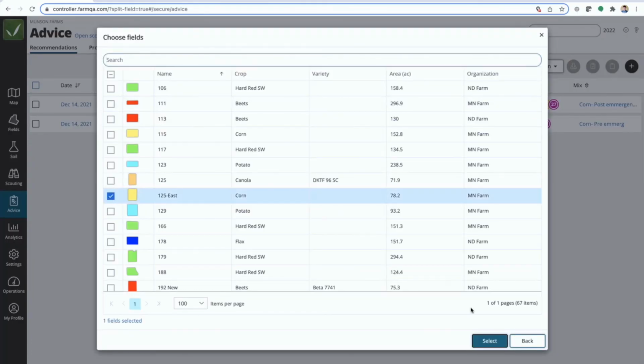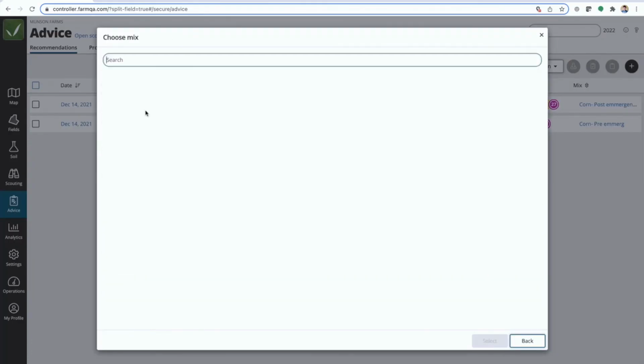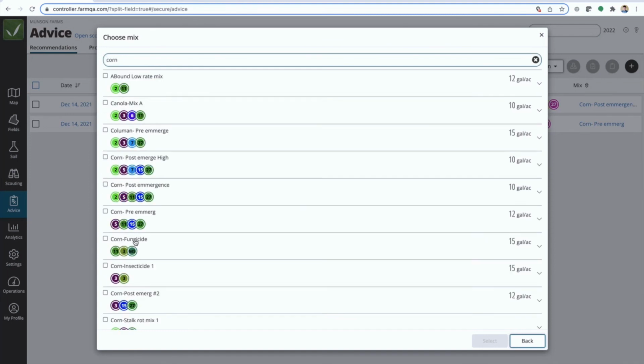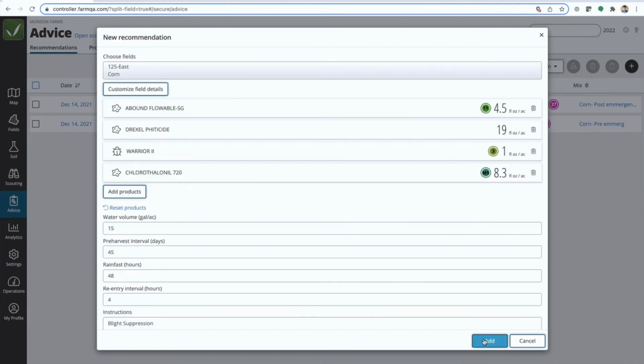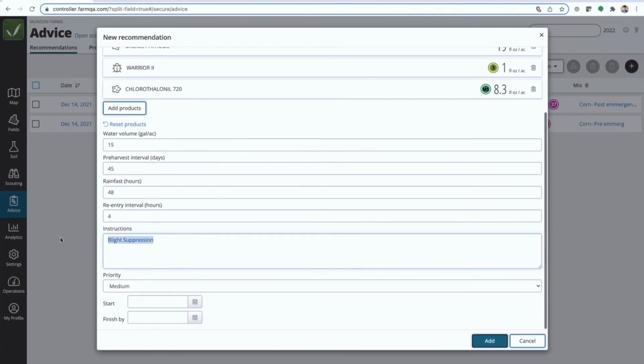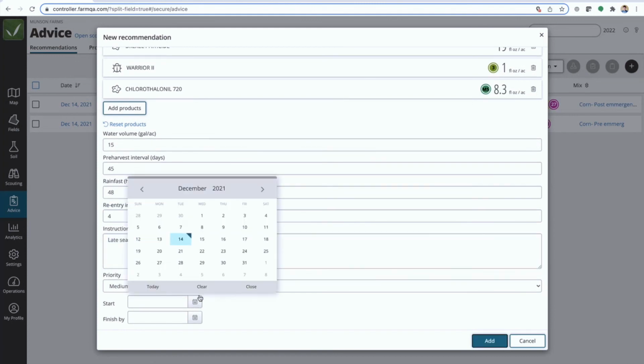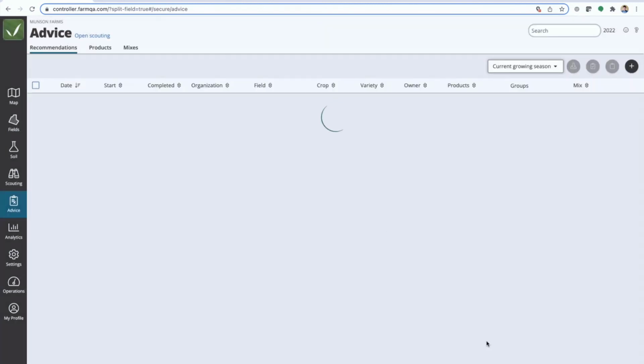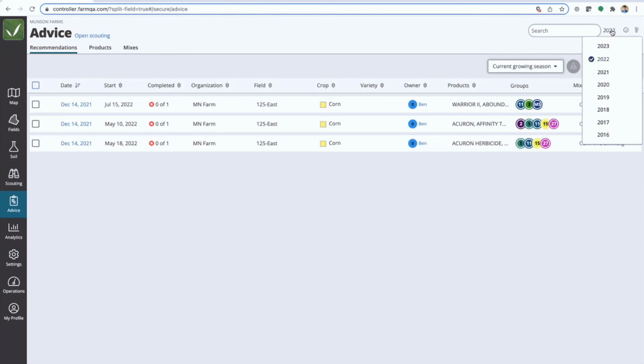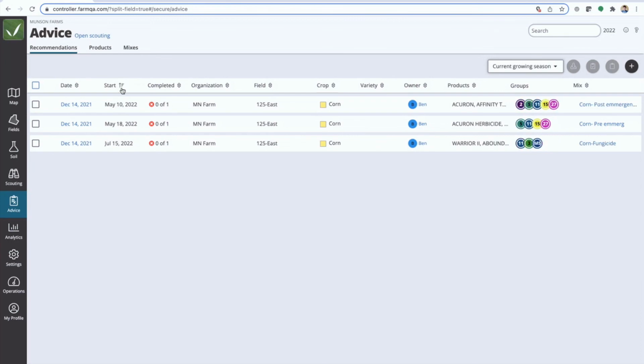So we'll say field 125. I'm going to select my mix, which I've got my corn fungicide pre-built out. Now I'll say this is late season fungicide, and again, give this a final date. Now, once this is all defined, you can see within the 2022 year, we can see everything we've planned to do on this field. And if we filter by the start date, this is a way that you can see